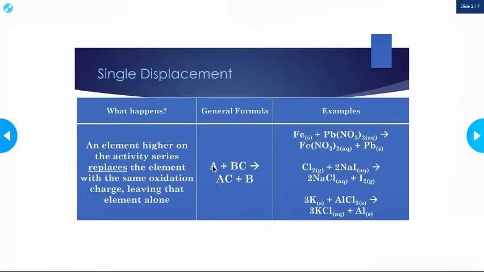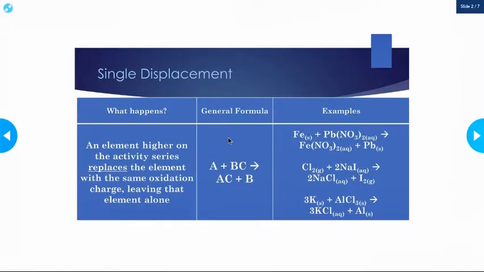Then the reaction will occur. A is higher in the reactivity series, so it can replace B, and now B will be left by itself. Also, A and B have the same oxidation charge. So these are both going to be cations because of where the B is written. A could also replace C if C was an anion and A was an anion. So you have to really look at those oxidation numbers and make sure that positive replaces positive, and